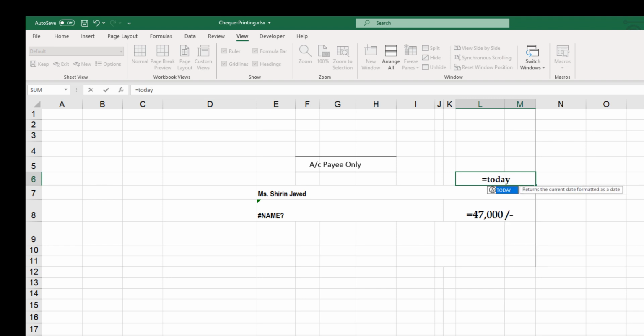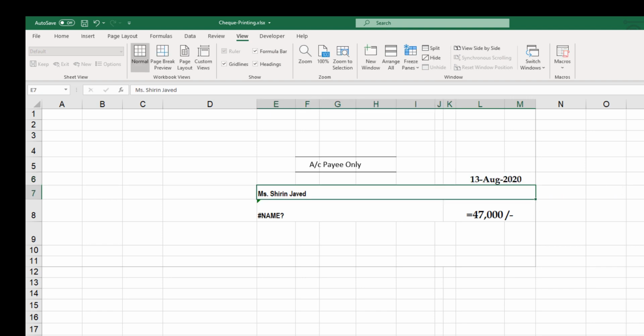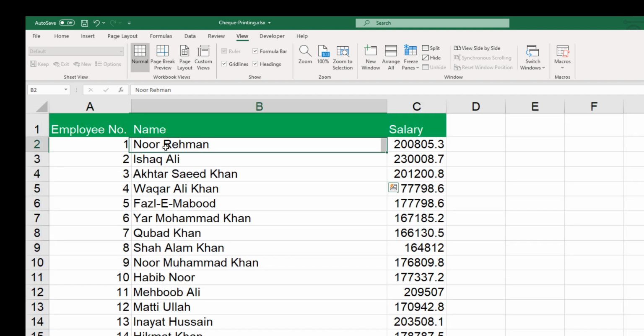Just use the Excel function TODAY. So equal to TODAY. Each time this Excel sheet is opened, the date will automatically be updated and it will show the current date. Account payee only is also not something that varies, so it's a very fixed part, meaning that the check will have to be deposited in a bank. It cannot be cashed directly.